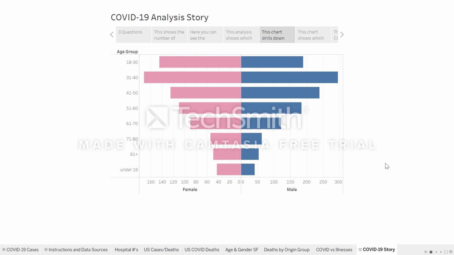Please also note that the male numbers are higher than the female numbers, which can be shown because the male side has a different axis grouping. It actually goes up to 300, while this one only goes to 160. And again, even though it appears that males make up the most of the confirmed cases in San Francisco, the age group of 31 to 40 seems to have the highest number of confirmed cases for both females and males. So this age group has been more affected by the COVID-19 virus in this city.